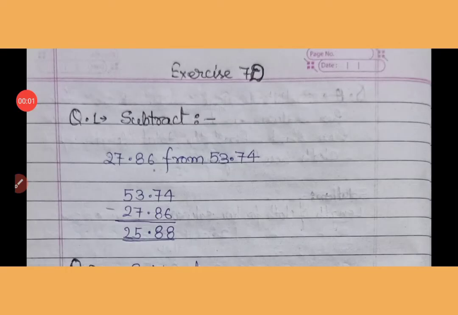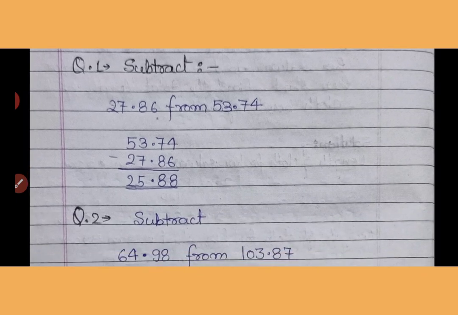Today I am going to explain exercise 7D of R.S. Agrawal book of class 6th, decimal. Subtraction of decimal is what we will study today. Here in the first question, it has given: subtract 27.86 from